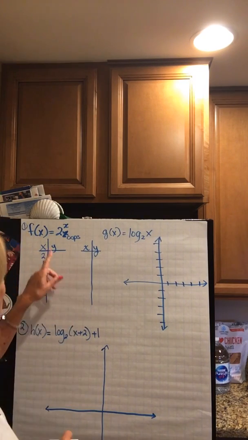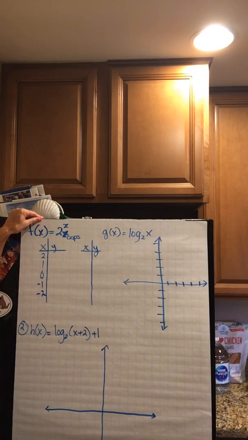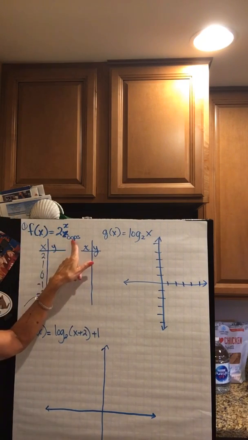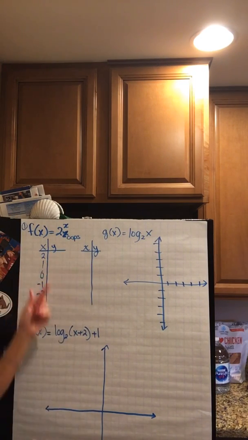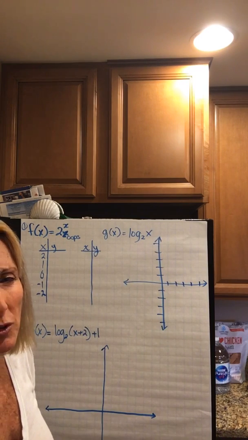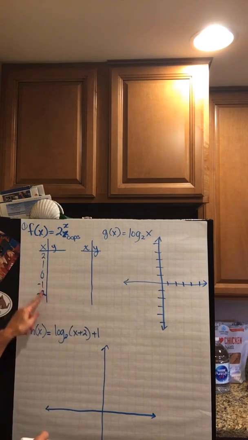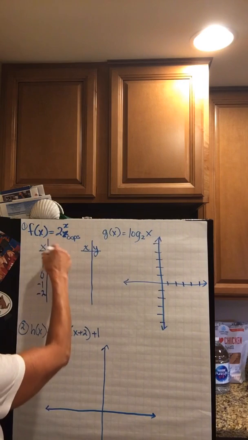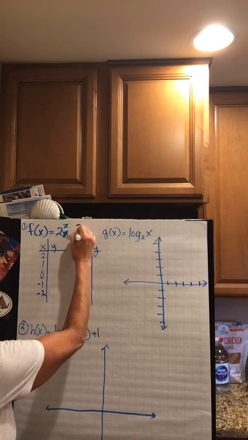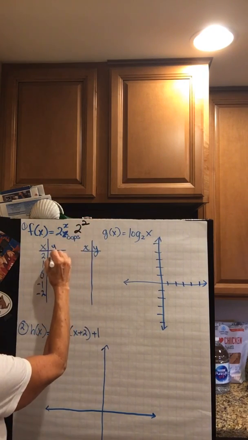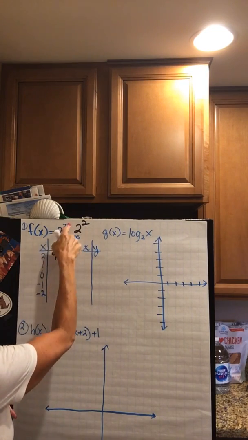So we have f of x equals 2 to the x, and yes, I made a mistake, so that's my oops. If you recall making the parent graph points for 2 to the x, we're going to use these parent graph points. So when I substitute 2 here, 2 squared, I get 4. 2 to the first,